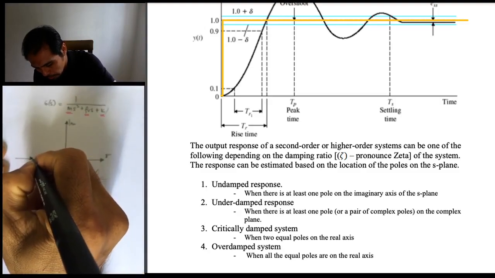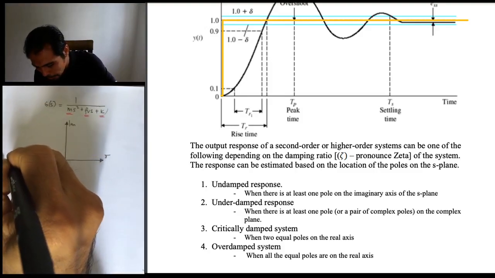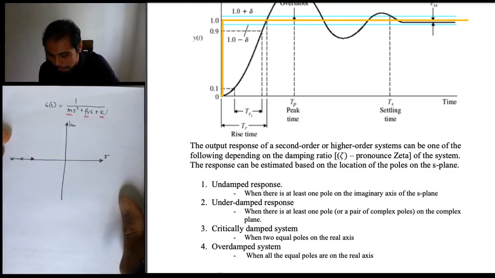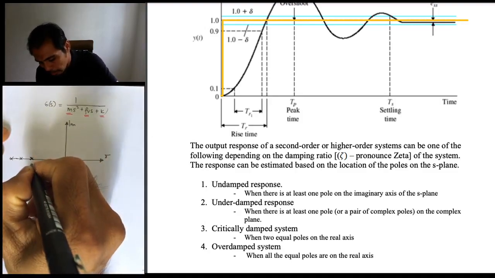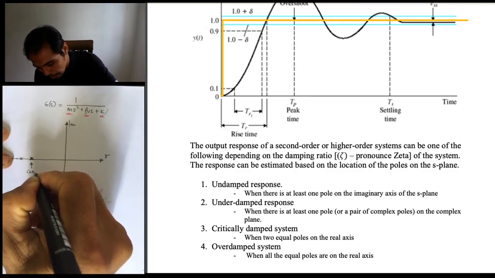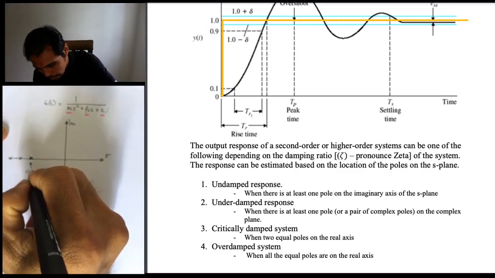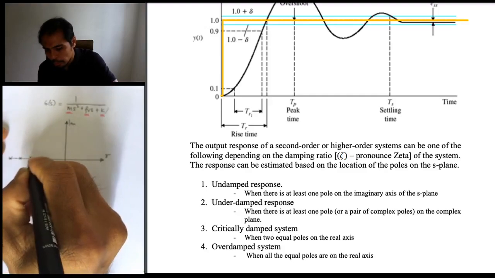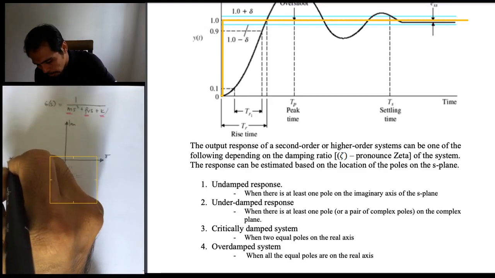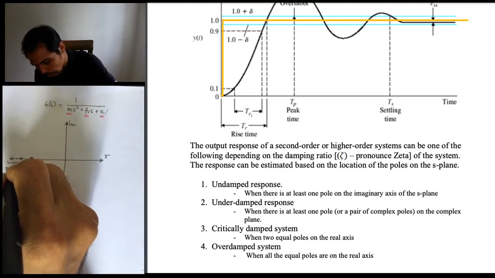If it is on the real axis, and we assume that the system is stable, it will be on the left half plane, right? So the system can be of this type, a critically damped system, if we have two equal roots. But if we have two different real roots, we have an overdamped system,